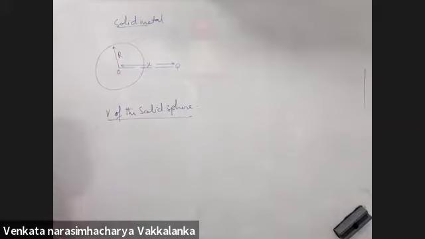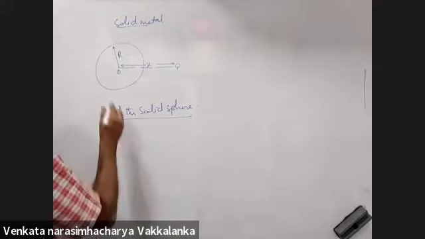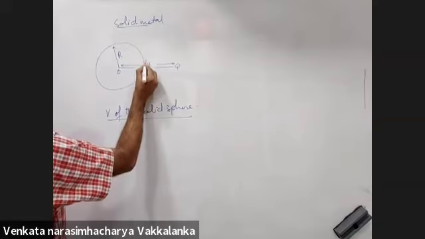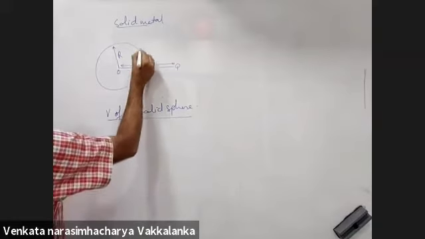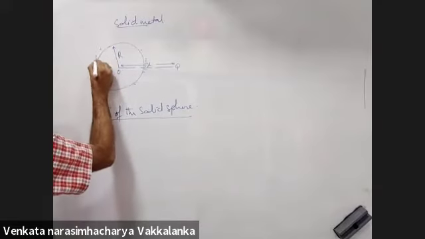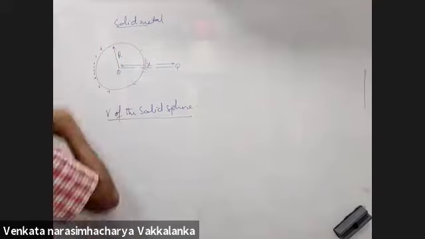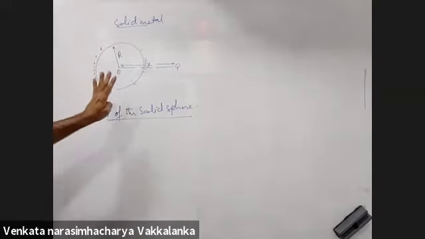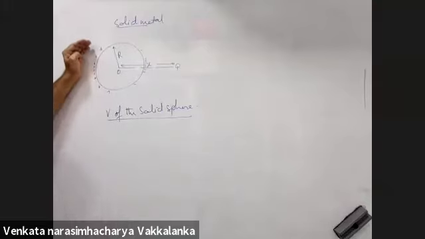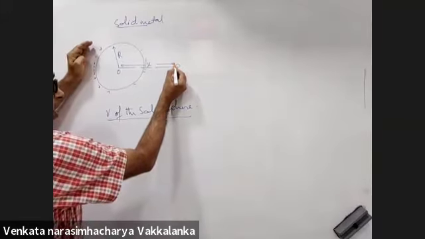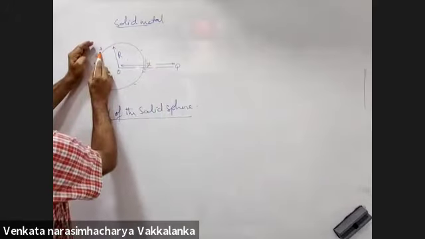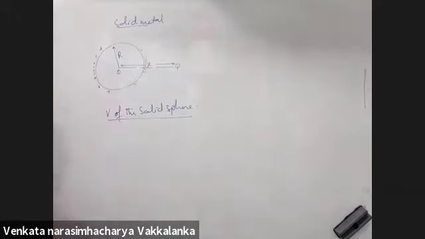Now here what happens is, when you bring capital Q here, originally the sphere was neutral. Now it will have induced negative charge and induced positive charge on this side. Originally the sphere was neutral. Now you have induced negative and positive charges such that the field produced by capital Q inside will be cancelled out by the induced charges. Is that point clear?